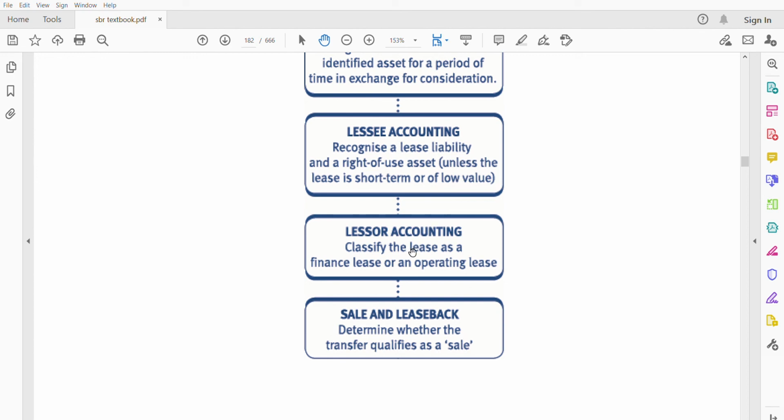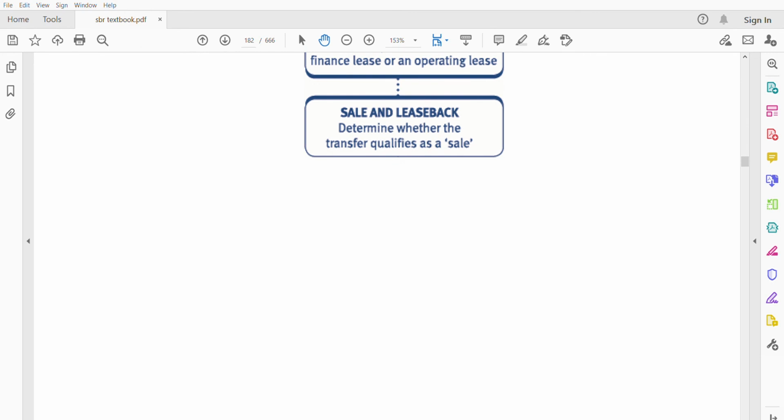Lessor accounting: they classify the lease as either finance lease or operating lease. In sale and lease back, they determine whether the transfer is a sale or not. If it's not a sale, what you should do, and if it's a sale, what you should do. So you need to go through all this, right? So that's it. And now we'll be going through